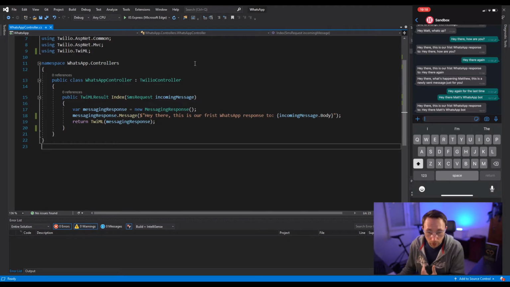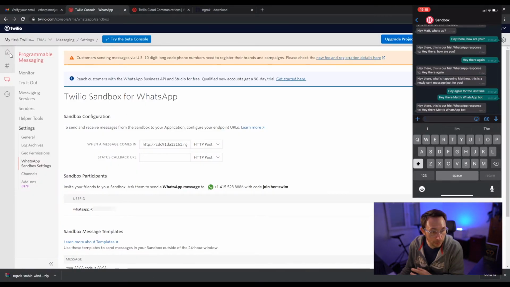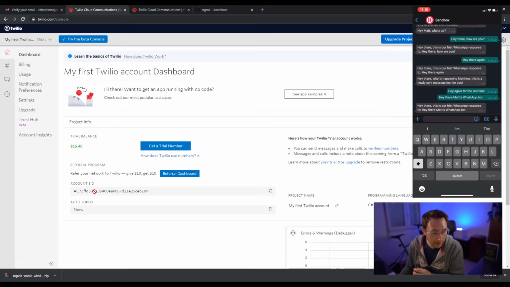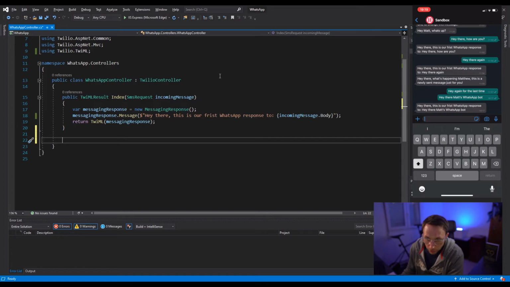So in order to do this, we're going to need our account SID and auth token from the Twilio dashboard. So let's head on over here and go to the dashboard, and then we can see our account SID and auth token if we click on show. Okay, so now let's go over to Visual Studio and create the method that our task is going to call